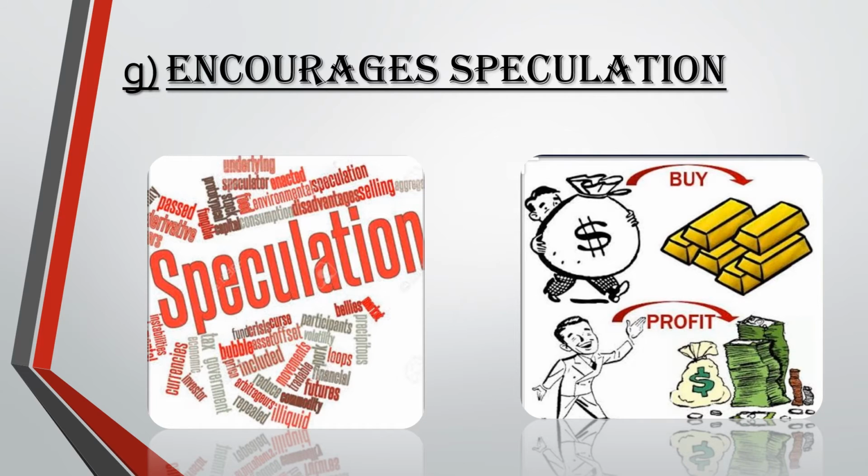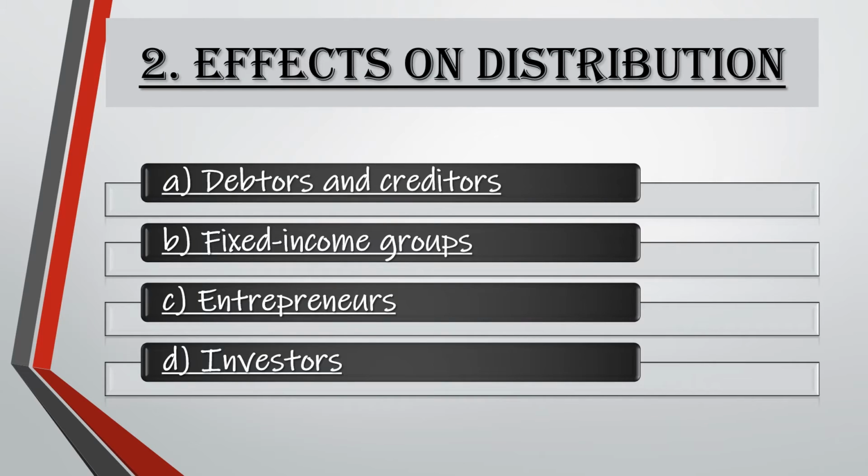Now we reach the next category, that is the effect of inflation on distribution. It has the following effects: debtors and creditors, fixed income groups, entrepreneurs, investors. We will study the points written here one by one. So the first point is